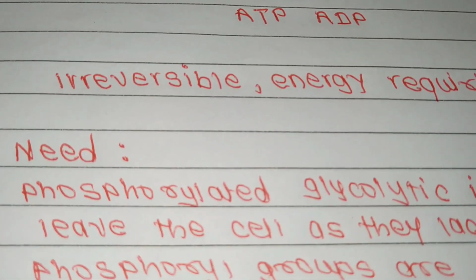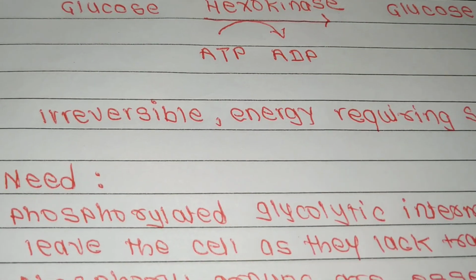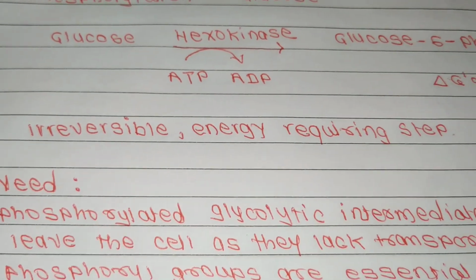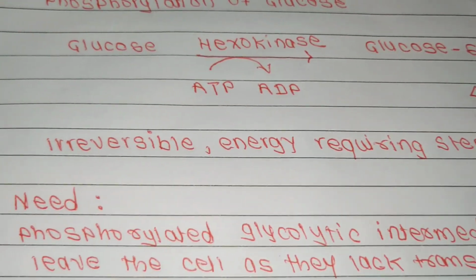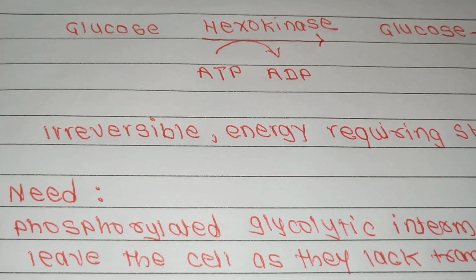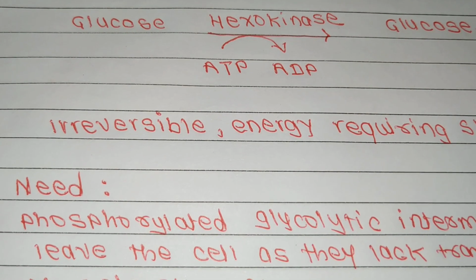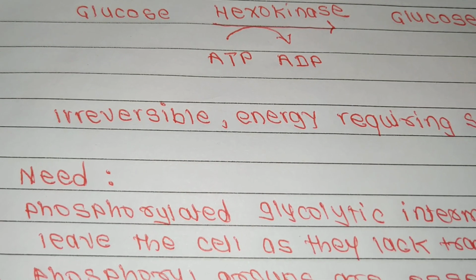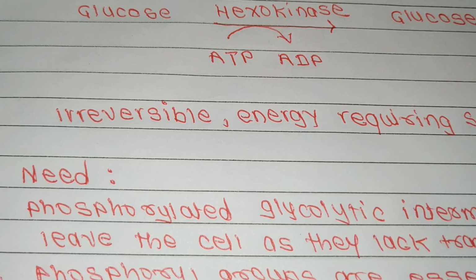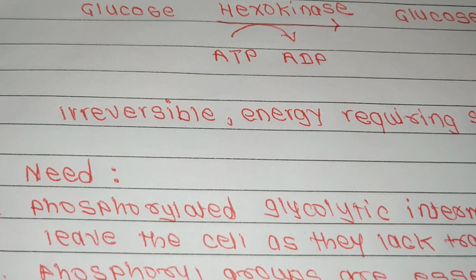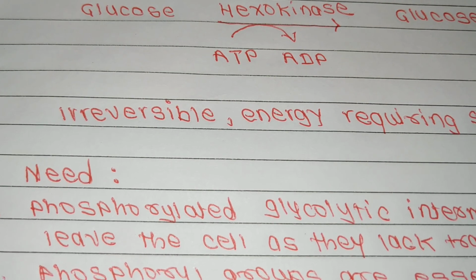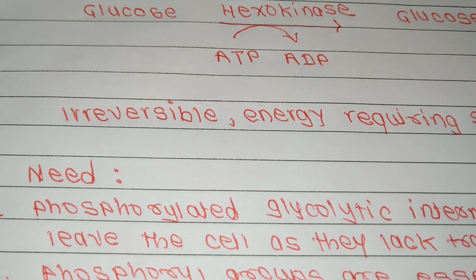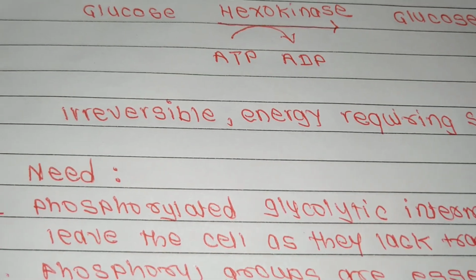Now, why is this reaction taking place? The first reason is that phosphorylated glycolytic intermediates cannot leave the cell as they lack transporters. We know the GLUT transporters are required to carry sugar inside or outside the cell, but these transporters carry only non-phosphorylated sugar and not phosphorylated sugar. So, the phosphorylated sugar remains in the cell,